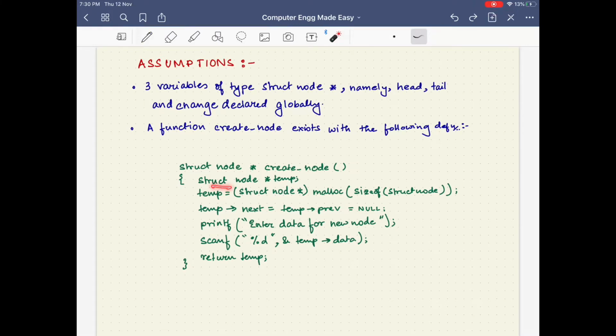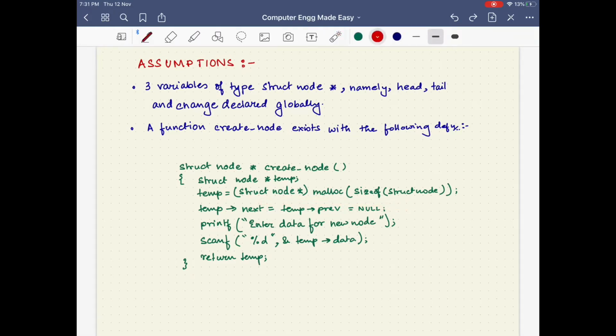Firstly, we declare a variable temp. The type of this variable temp is struct node star. That means this temp variable is capable of holding the address of a node of type struct node star. Next, we execute the statement temp = (struct node *) malloc(sizeof(struct node)).